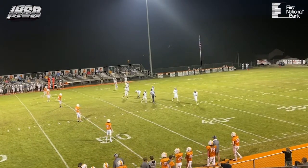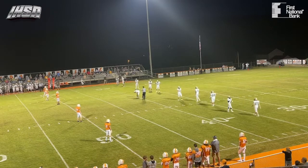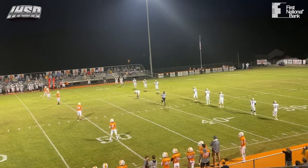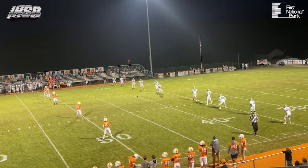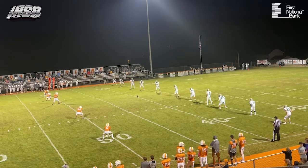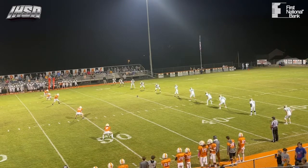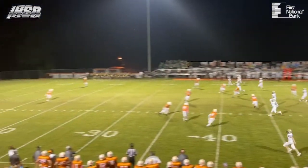Welcome back to Jim May Stadium, Dr. M.E. Thompson Field with 3:03 to play in the first quarter. Well, the Indians have been here before, down 14-0 in the first half. In fact, it was at their last home game. They were down 14-0 in the first half. They were able to get some points on the board and win against Greenback on a last-second field goal, but